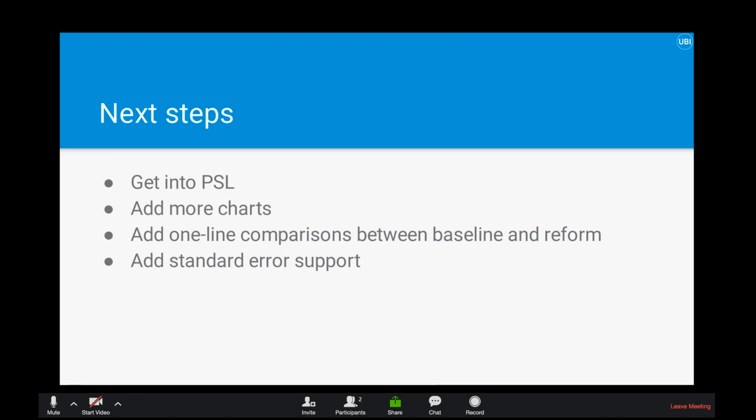A lot of this takes a couple of steps. So I think, for example, in CalcDF, you could imagine specifying both the baseline and the reform together, and from there getting distributional changes that way. Standard error support wouldn't really be in the Tax-Calculator suite, but for other surveys, I think this could be an interesting thing to have in Python.